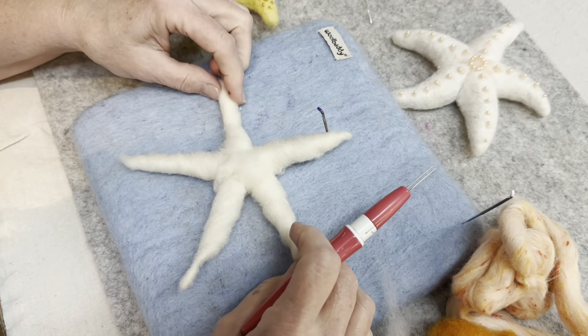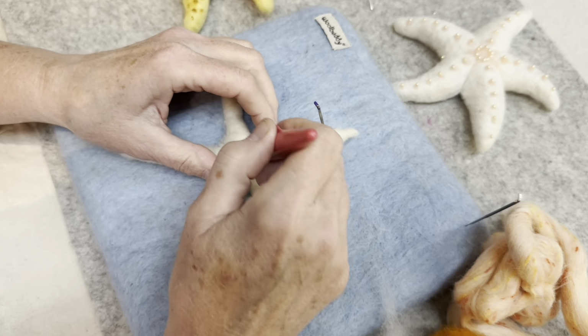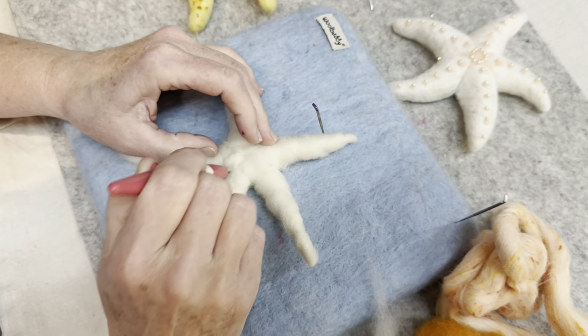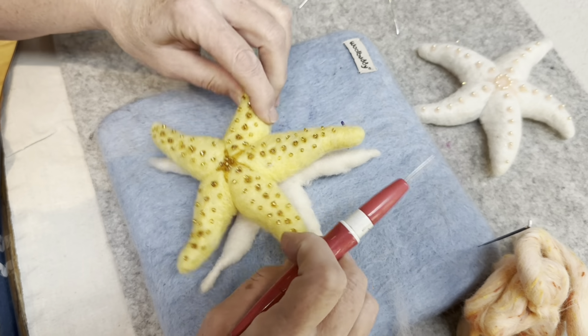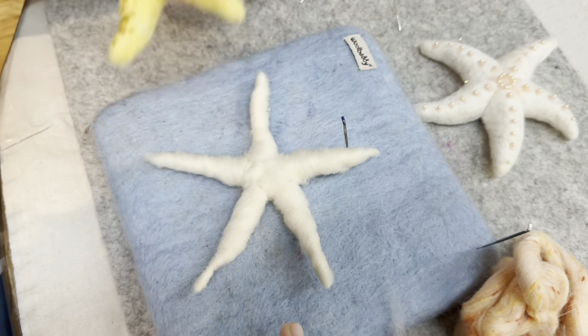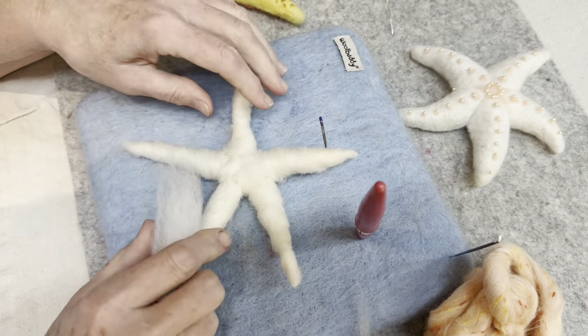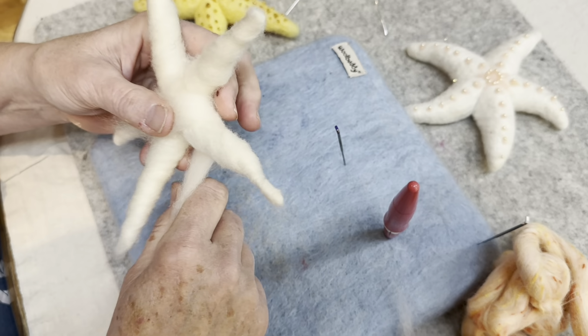Okay, so once you have your base coat on, it's not super pretty, but it will be in a minute. You want to just make sure that all your little ends are tucked in. So you can see we're not quite at the size we want yet, but we'll get there. Remember, you want it smaller than your final version because you're going to put color on. So I'm just going to wrap